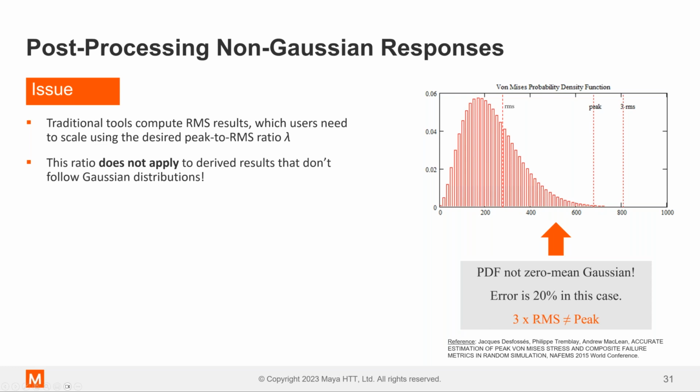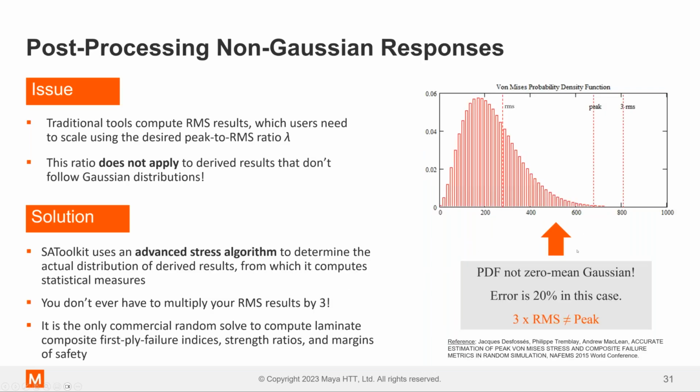In fact, in this, we have a reference of an instance we calculated where there was an error of 20%. Just taking the RMS multiplying by 3 gave a 20% error, which meant in this case it was over designing the part relative to what the real peak was. We've also seen instances in the other direction too, so it's not like you're always conservative. We've seen some instances with composites, especially, where this 3 RMS would have been lower than the actual peak based on the actual distribution, which means you're under designing your part and you're more likely to have it fail.